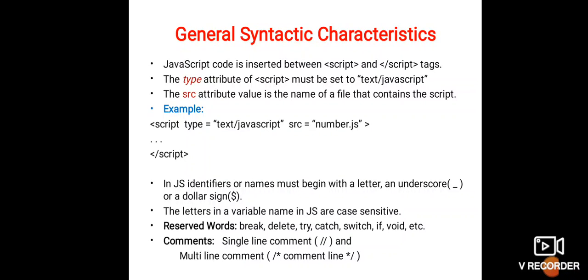Next, JavaScript identifiers or names are similar to those of common programming languages. They must begin with a letter or an underscore, or you can include the $ sign. Subsequent characters may include letters, underscores, $ signs or digits. There is no length limitation for identifiers; you can include any length of identifier, as in C or C++.